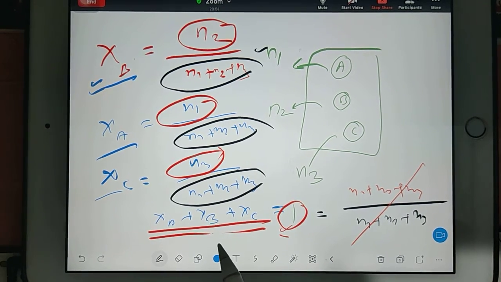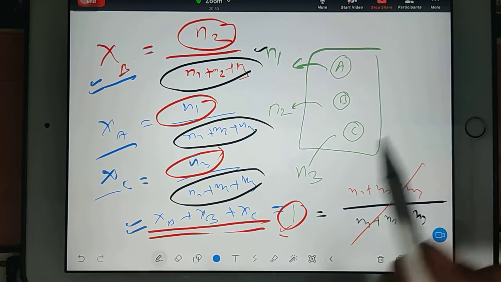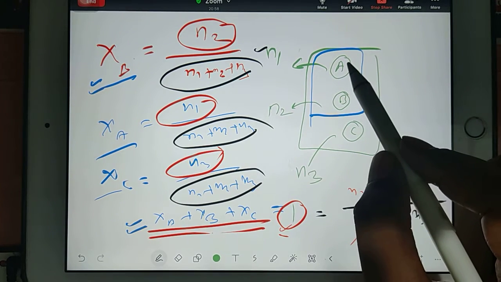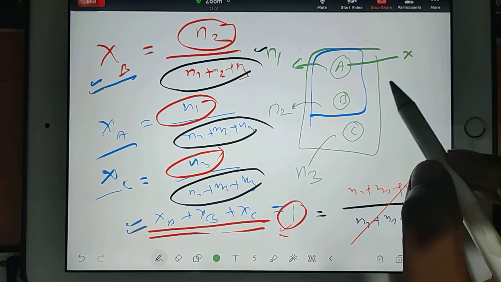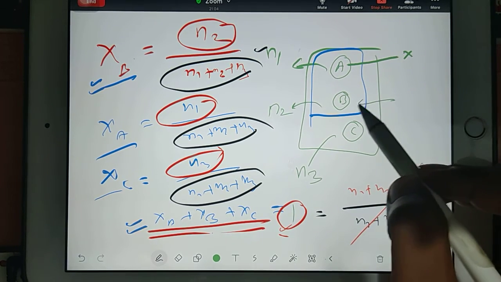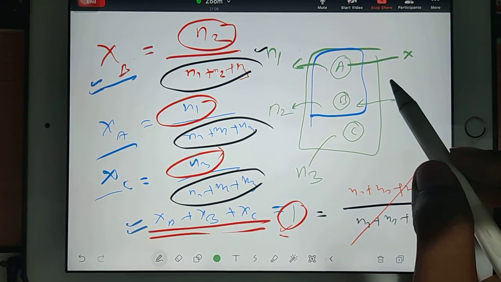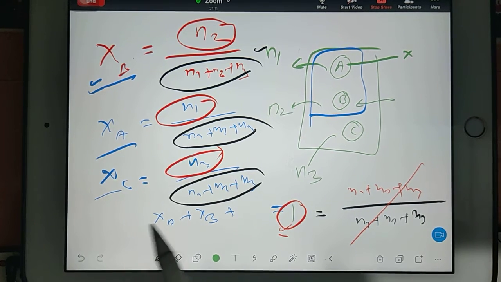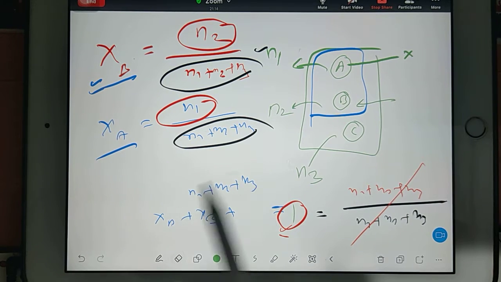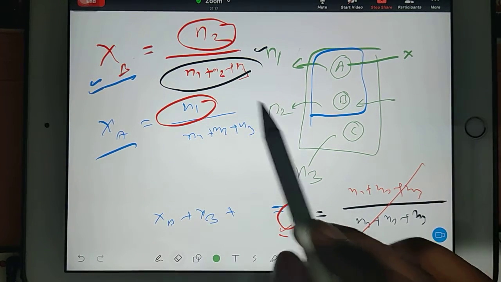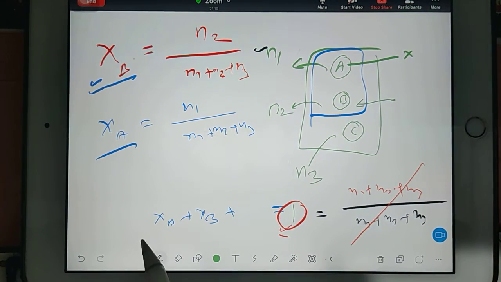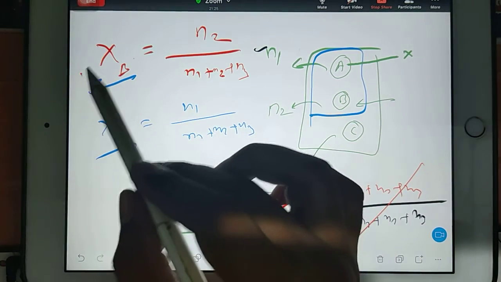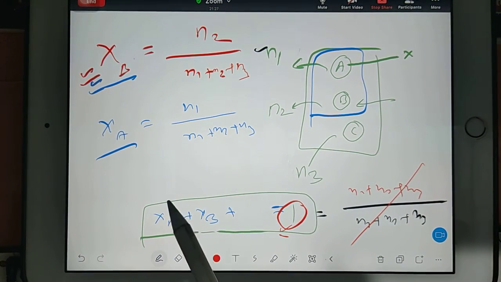So one beauty is, if you keep this in mind, suppose you are given only 2 elements in a system. Then you find out the mole fraction of one element, then subtract from 1, and you will get the other element easily. No need to apply the formula 2 times. I mean to say, suppose I am considering only XA and XB. No need for XC here. No need to apply the formula 2 times for XA and XB, because we know this trick that XA plus XB gives 1. So you apply the formula only one time, find out XB or XA, and the other one you find by subtracting from 1.